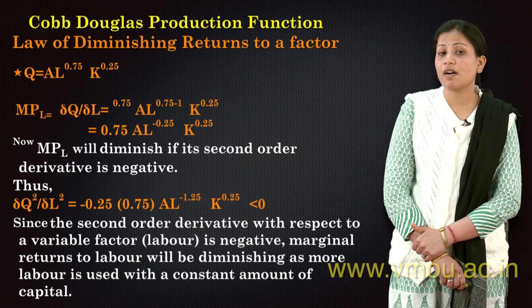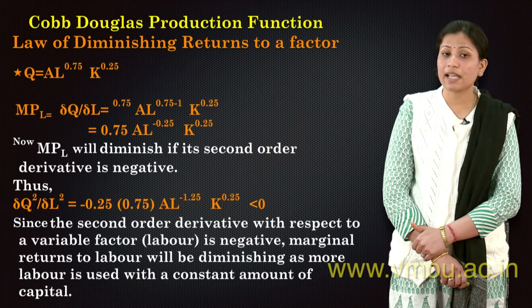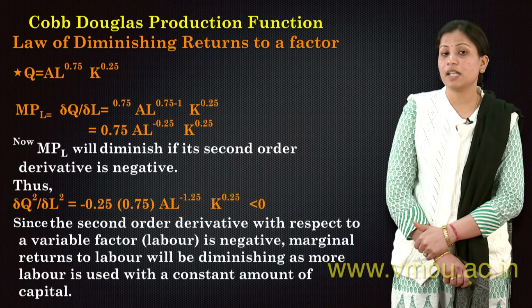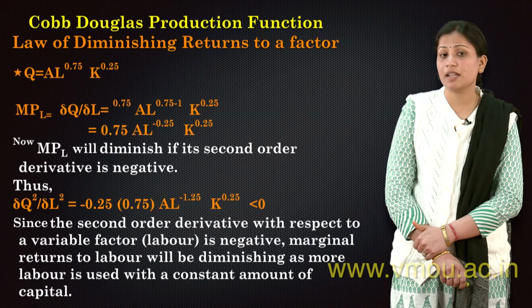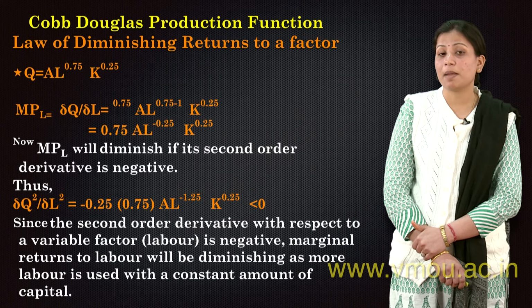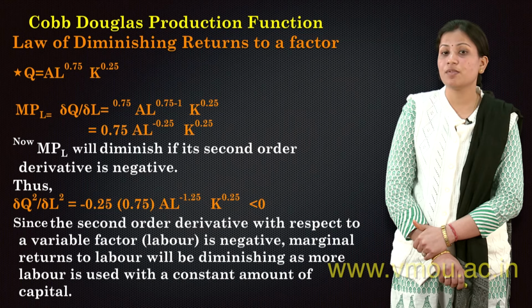These are the shares of labor and capital in the total output. And now, how will you calculate the marginal productivity? It is very easy. If you take the first order derivative, del q by del L, it will symbolize your MPL, which will be equal to 0.75 A L raised to the power minus 0.25 K